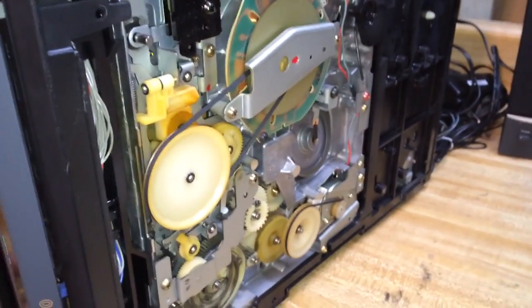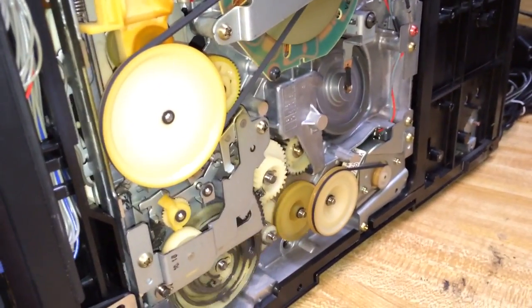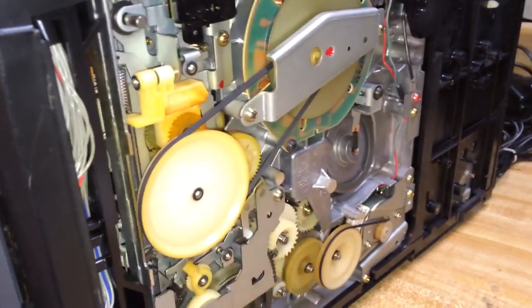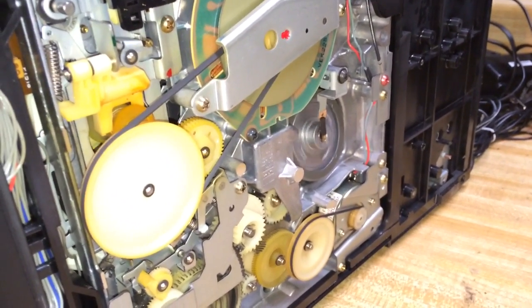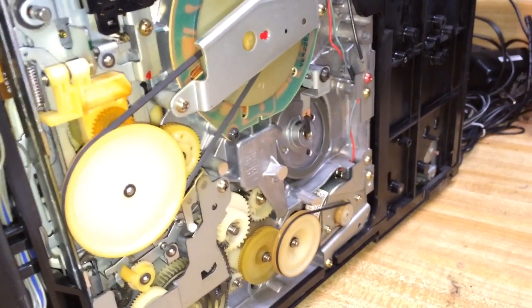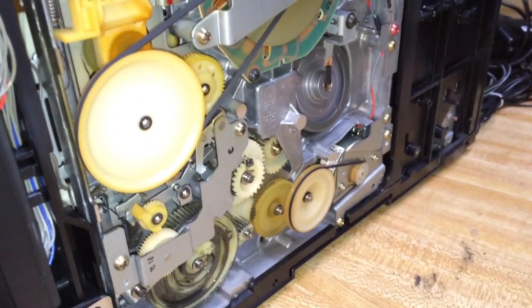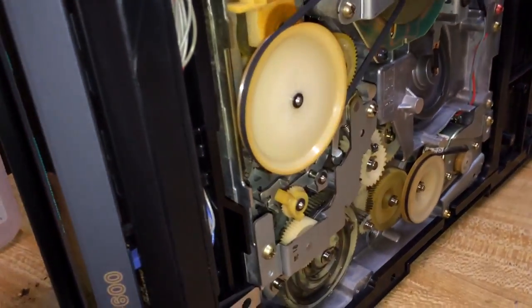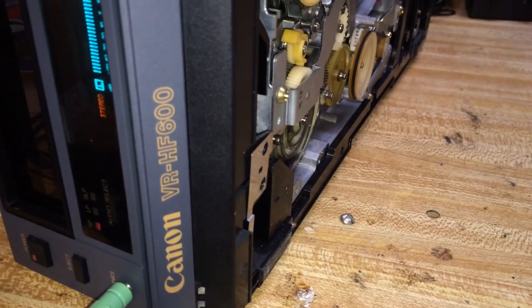Let's go ahead and just hit stop, and you can see what that looks like. There we go. And if I hit rewind, what that looks like. And stop. And if I hit play, and there we go, we're playing again. All right, there you go. The Canon VHS 600